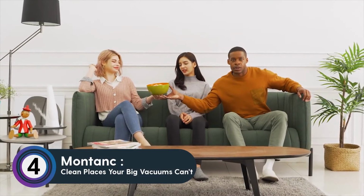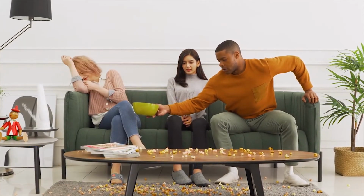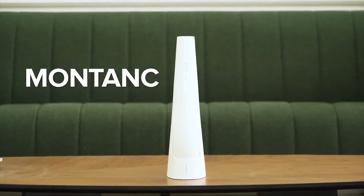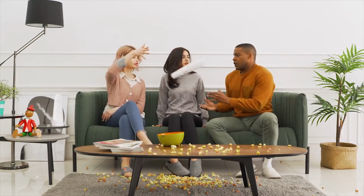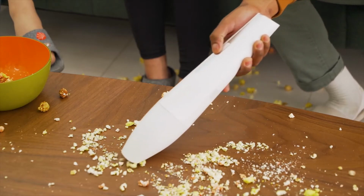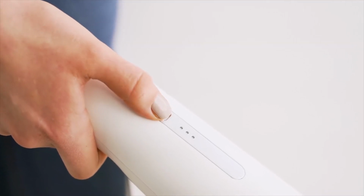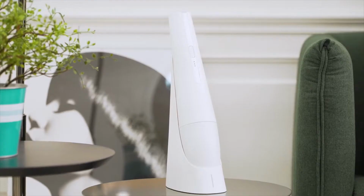The next time you have an awkward moment, you need a quick, efficient solution ready to go. Introducing Montanc, the most powerful handheld vacuum yet. Designed to work on any floor or surface, Montanc is the result of thousands of hours of development by a team of ex-Samsung engineers. Their mission was to create a powerful yet ergonomic vacuum that looks as clean as the surfaces it touches. Perfect for the home, office, or car, Montanc has packed